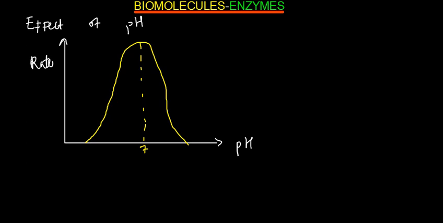So for example, an enzyme that works well at neutral pH might work well maybe from, let's say, 6.9, that is a bit acidic, to also maybe let's say 7.1. So this is a narrow pH. A bit basic and a bit acidic, they can still work. Okay, but when you get to change very much the pH, that means that those enzymes are not going to be able to work. So the pH at which they work well, that is going to be called the optimum pH,